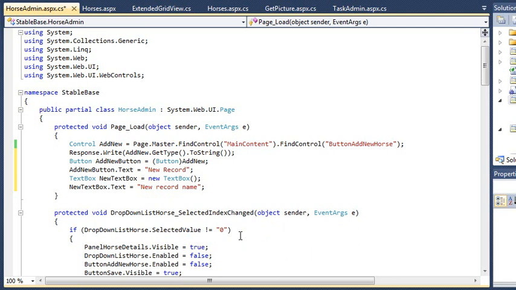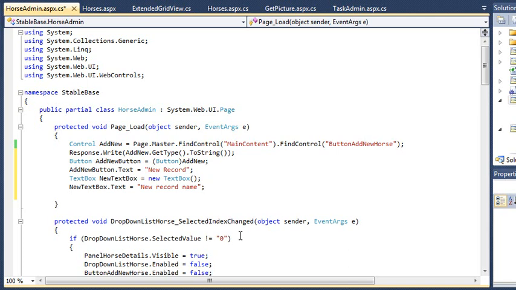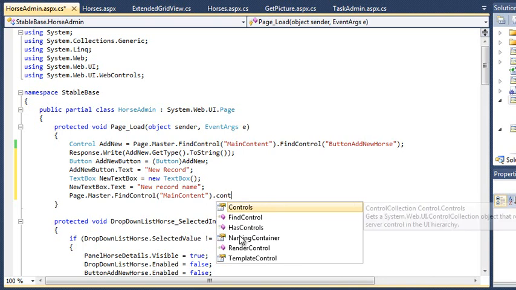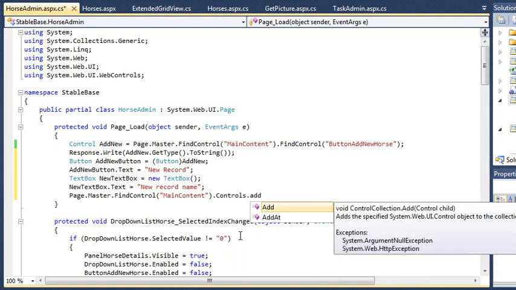You'll now need to add some code to place the new control on the page. Type the following code on the next line. Page.Master.FindControl main content dot Controls dot Add begin brackets,